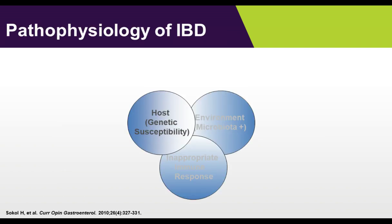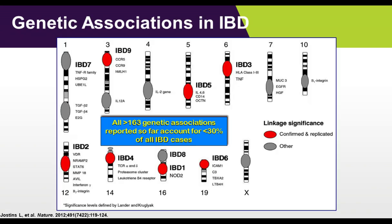So in the question that I gave you, we looked at genes and genetic susceptibility. As of 2018, and this is several years old, there are more than 200 genes, mutations, that have been associated with inflammatory bowel disease. But despite these gene mutations, it's actually less than 15% of the patients with Crohn's or ulcerative colitis who have one of the genetic mutations that's been recognized. So 80 to 85% actually don't have one of these mutations, which makes us think that it's obviously more than